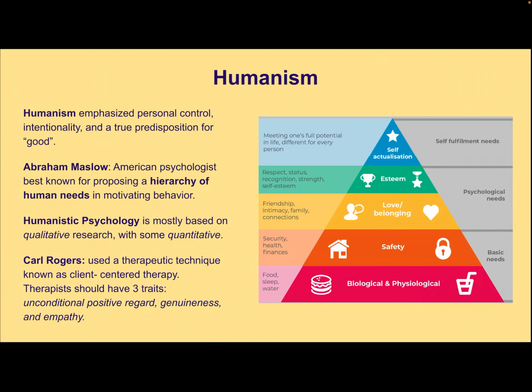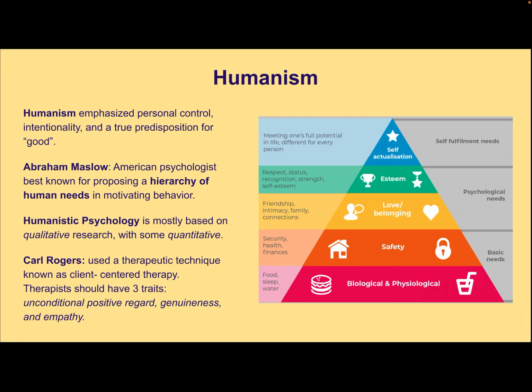in psychology. Around the same time as behaviorism was becoming popular, so was humanism. Humanism emphasizes personal control, intentionality, free will, and a basic human predisposition for good. That was like the main thing. People are good, and if we just get down to the core of it, everybody's good and has free will, and we just need to sort of tap into that goodness, and then they can use their free